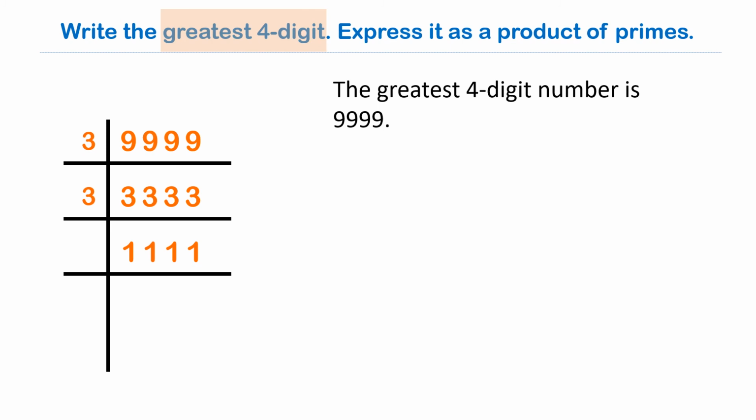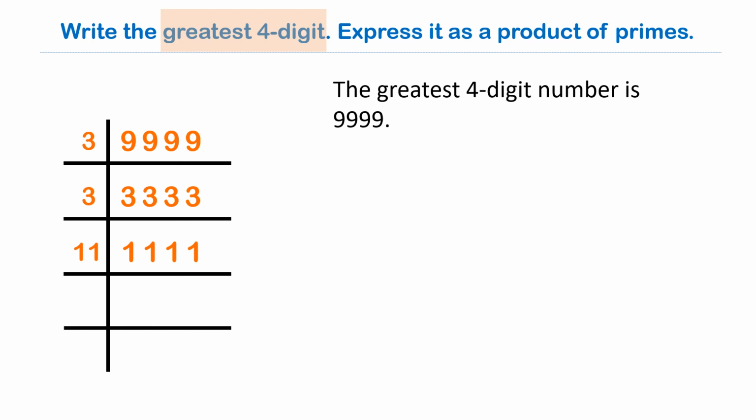So we take the next prime number 11 and do the divisibility test. So first we take the sum of all the digits at odd places, which is 1 plus 1 equals 2. Now we take the sum of all the digits at even places, which is also 1 plus 1 equals 2. Now take the difference of the sums at odd places and at even places, which is 2 minus 2 is equal to 0. So 1111 is divisible by 11. So write 11 to the left of 1111 and divide.